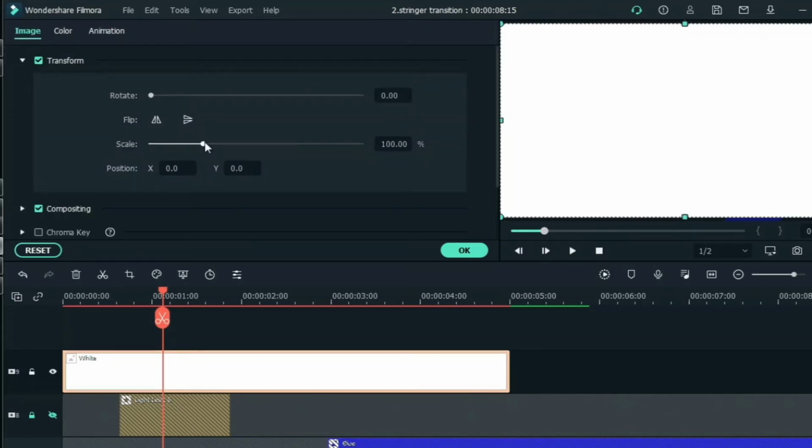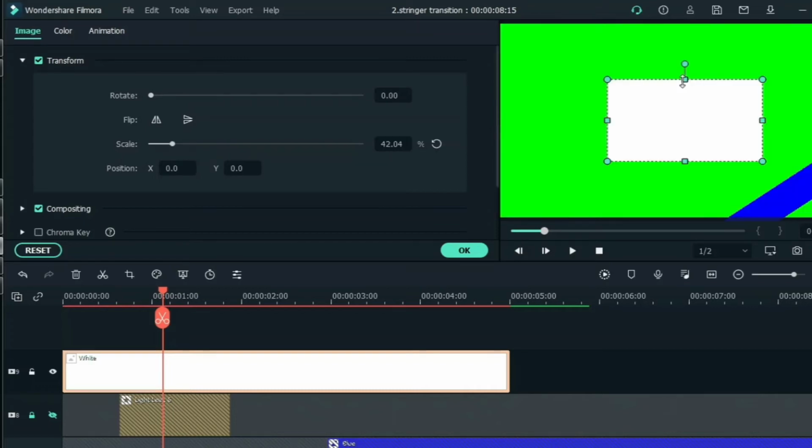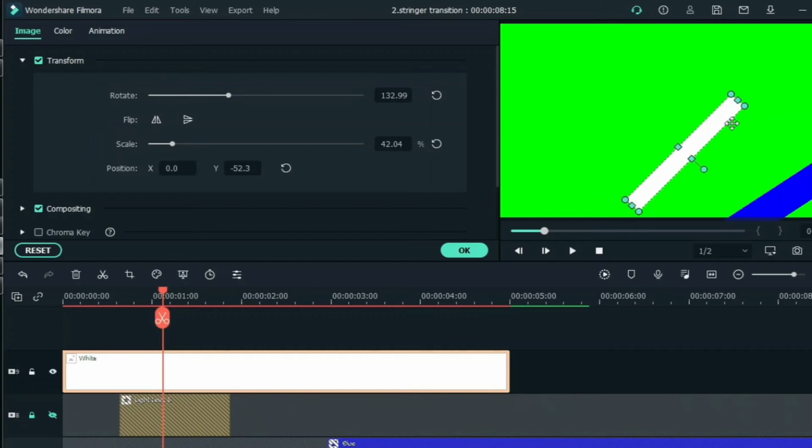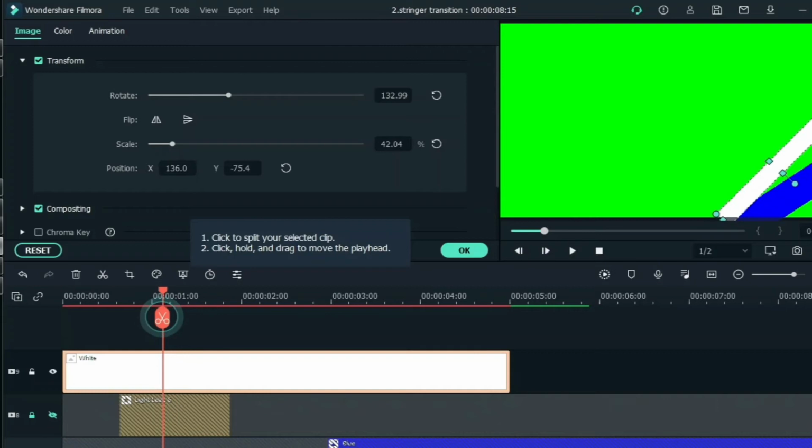Now as you can see I have just created a dummy white color element, and I'm compressing it by going to the image tab, and I've scaled it a little lower, and I am making it like a smaller rectangle so I can show you how to keyframe it here on this green screen. And so I'm just adjusting it parallel to that blue color rectangular element, and once I place it properly I'm going to keyframe it. So let's just fast forward the process.